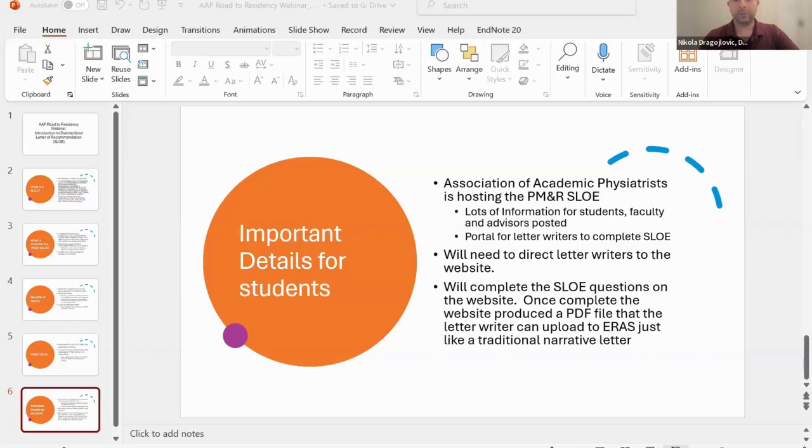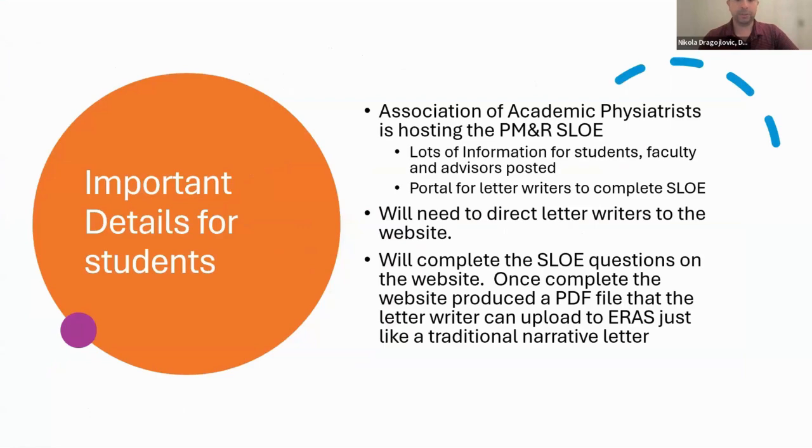Or say you have someone who's a research mentor that you want a letter of recommendation from, right? A SLOE is probably not a good letter from a research mentor because they haven't necessarily seen you in a clinical scenario and they've only worked with you intermittently on a research project. So a research mentor is probably a better person to get a narrative letter of recommendation from, or someone in a mentorship capacity but not necessarily a clinical capacity. Those would be people to get a narrative letter of recommendation from.